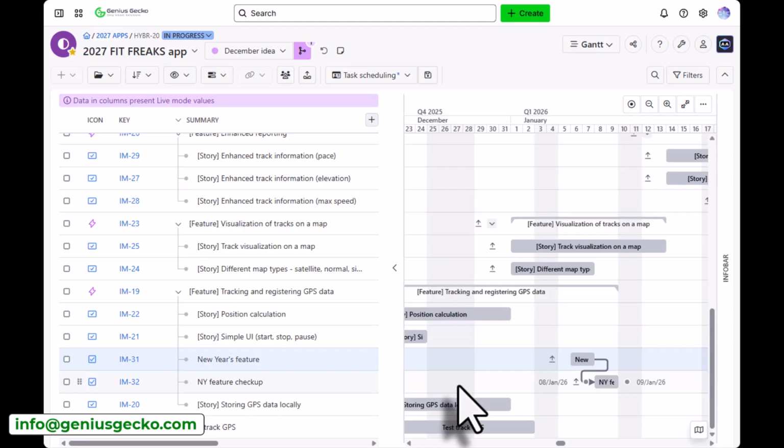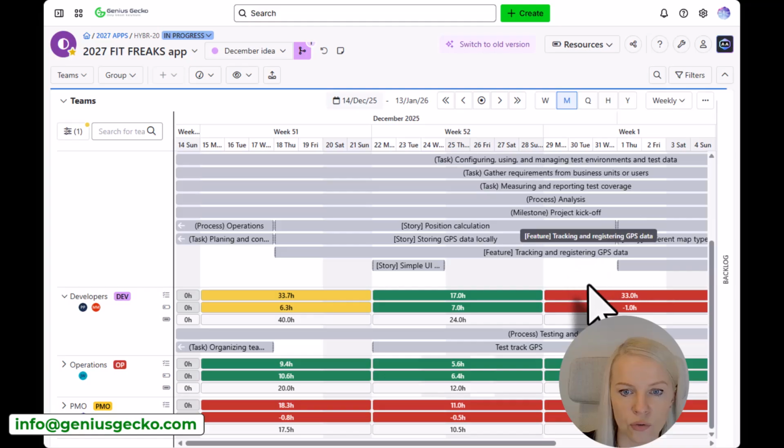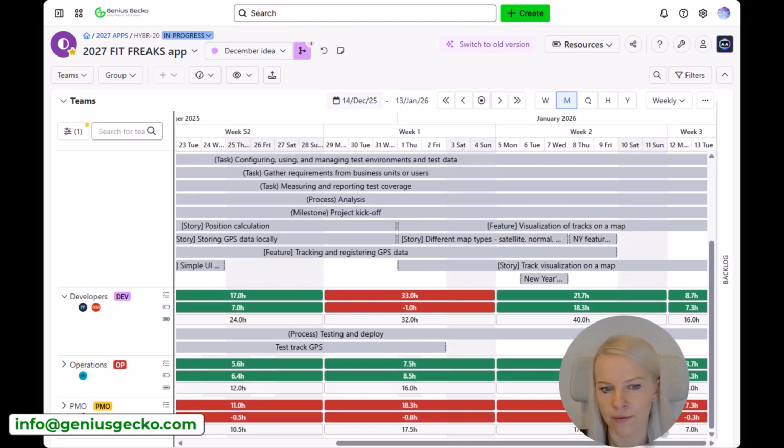So it's best to combine those. But all right, I can see that it's still okay. It's still going to do its job. So let's leave it like that, and let's go back to the resources module